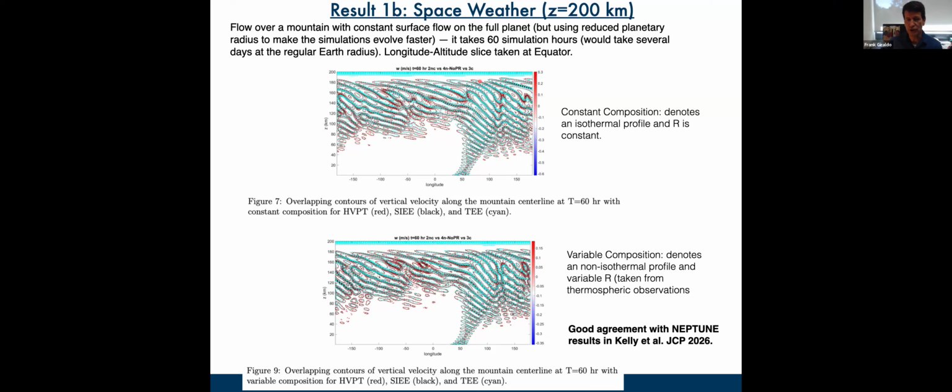steady state solution. What we're doing here, right at the bottom at about 50 longitude, is there's a very small mountain. And then we just have a 20 meter per second flow that we push across the manifold of the sphere. This will eventually develop these mountain waves, gravity waves. There's a lot of stuff that goes in here. You need to have very sophisticated non-reflecting boundary conditions up top to be able to get this simulation to